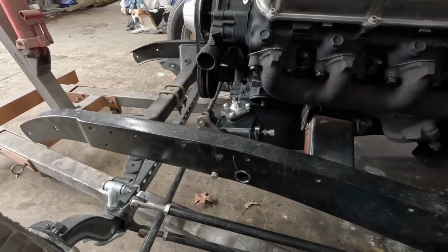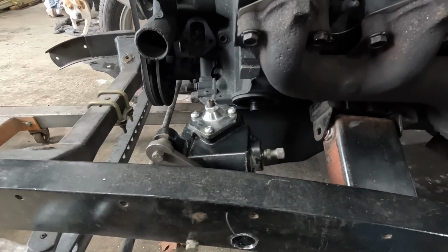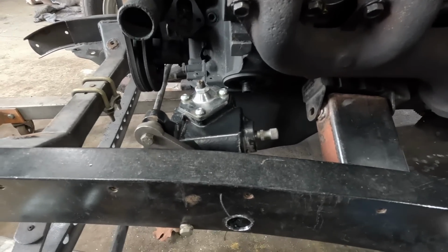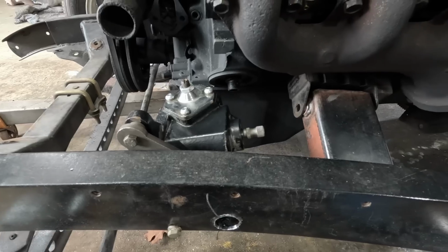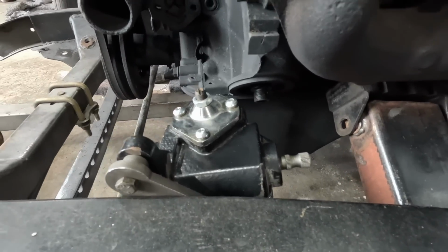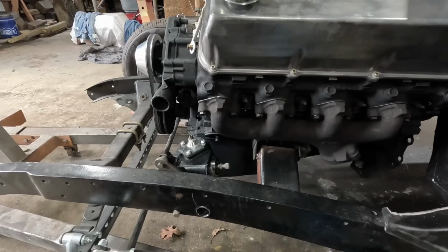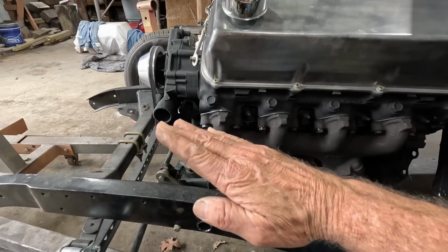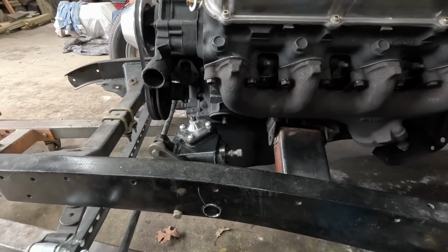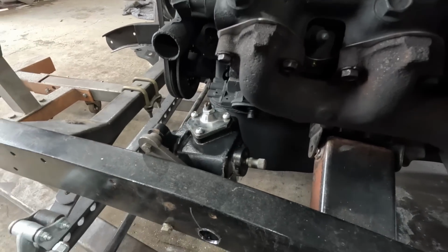So we got the steering box mounted, but there ain't no room for no oil filter adapter or nothing. There ain't no room for nothing there for oil filter. So I got an oil filter relocator, but that's not even gonna fit. So of course the motor's gonna angle back a little bit, but not that much, I don't think. So